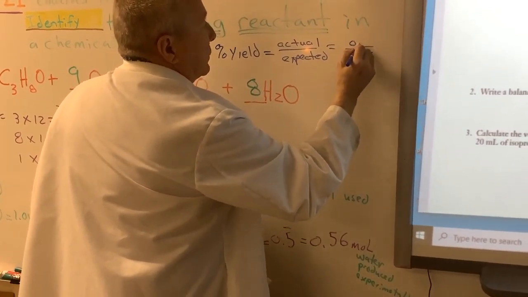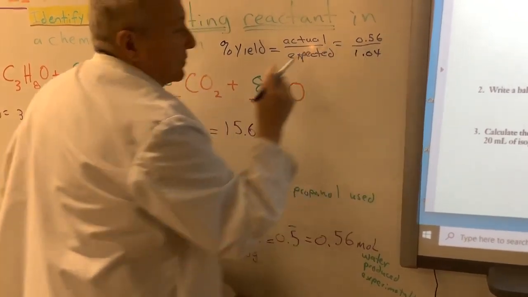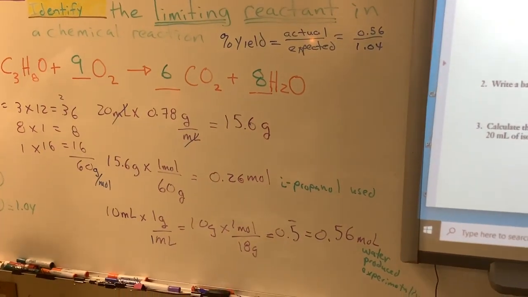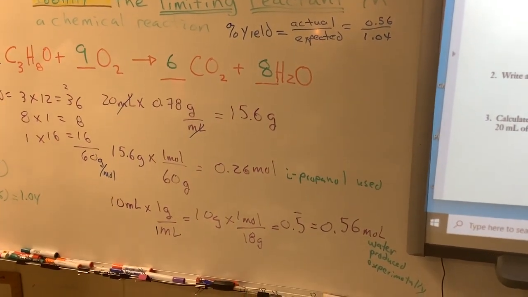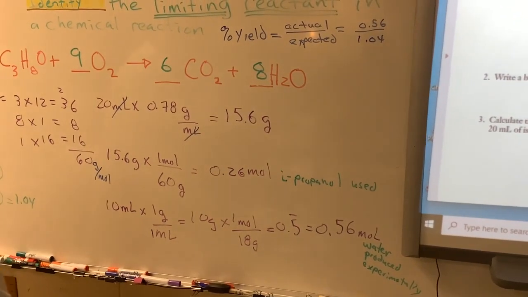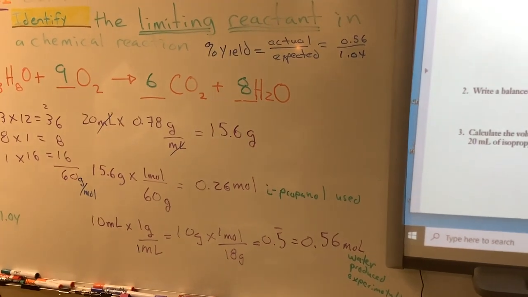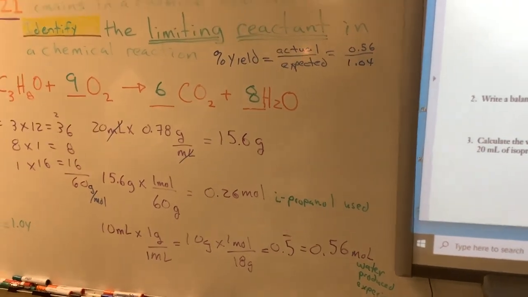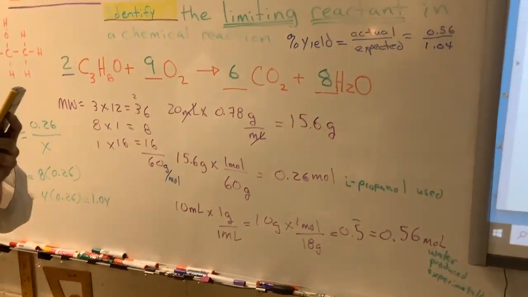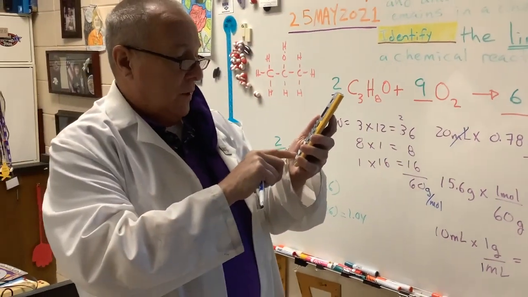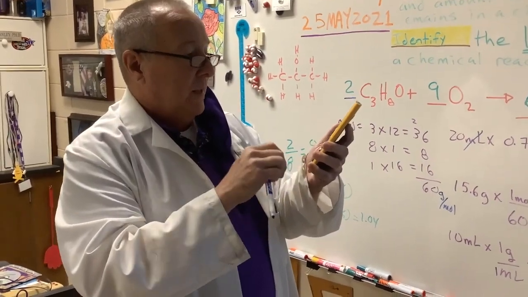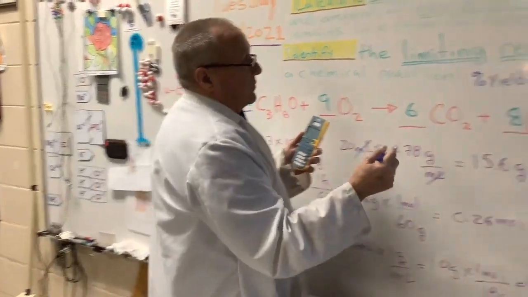And we produced 0.56. So now, if I do a quick calculation, I'll see that my yield is just a little bit over 50%. So 0.56 divided by 1.04 times 100% is equal to